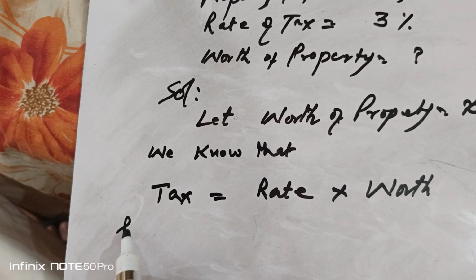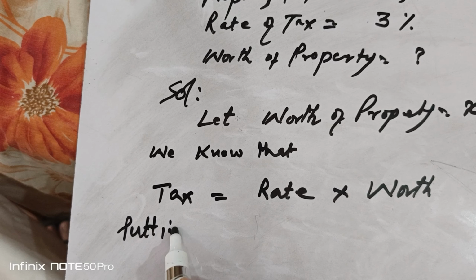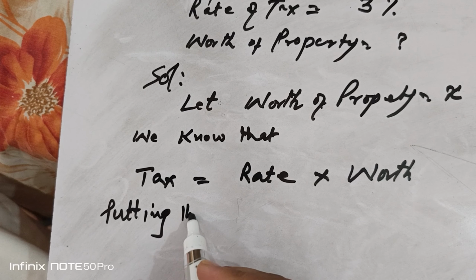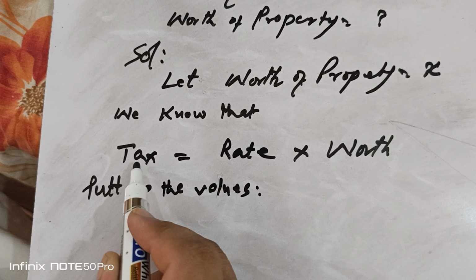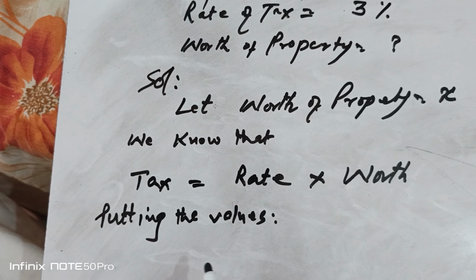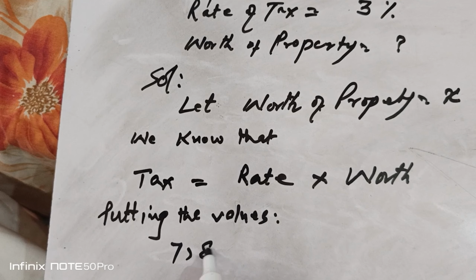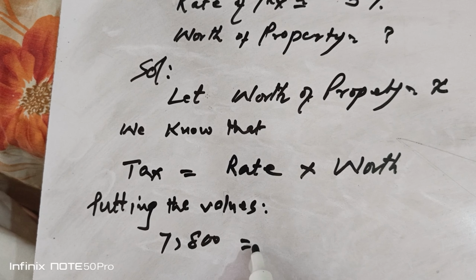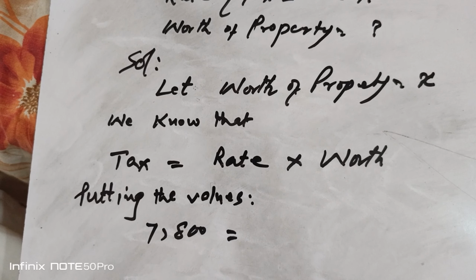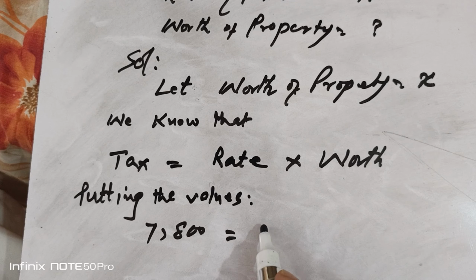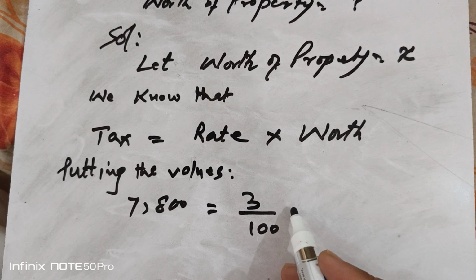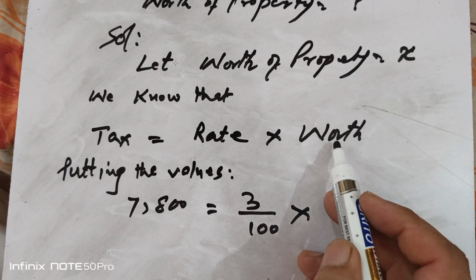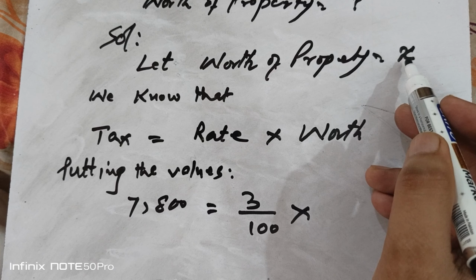Putting the values, we can say tax is equal to 7,800, and the rate is given, which is 3%, and in place of worth we will write x,